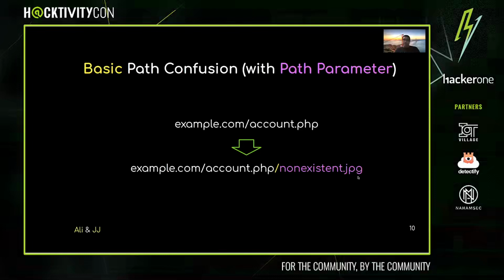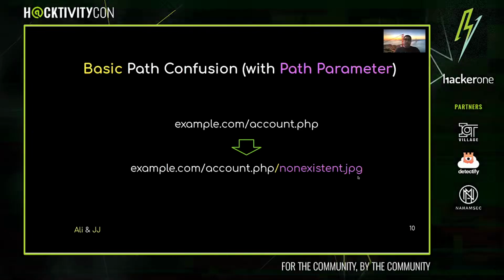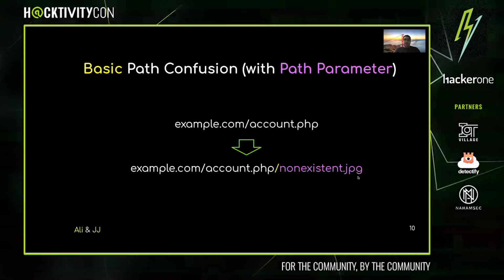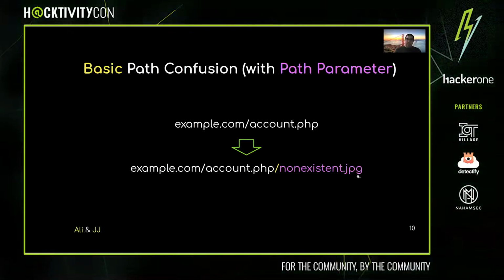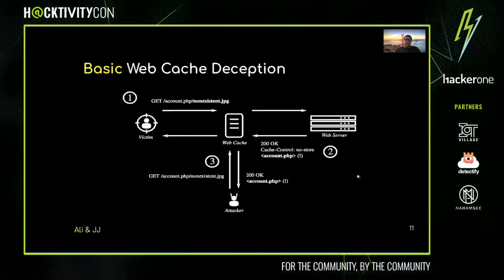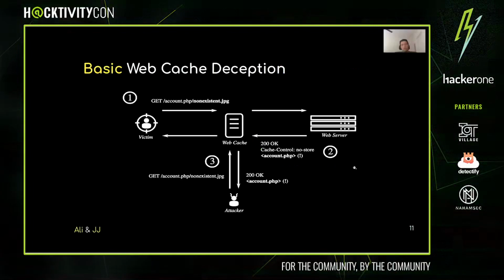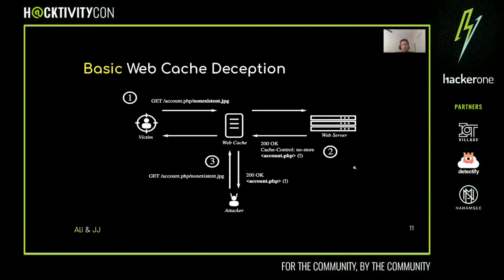And since the JPG is one of those static contents usually used by different websites, they're going to cache the response to that content, which technically results in the content of the account.php response being cached on the server, which could contain some private information. Yeah, as Sajjad explained, we believe path confusion is a root cause of the web cache deception attack introduced by Omar